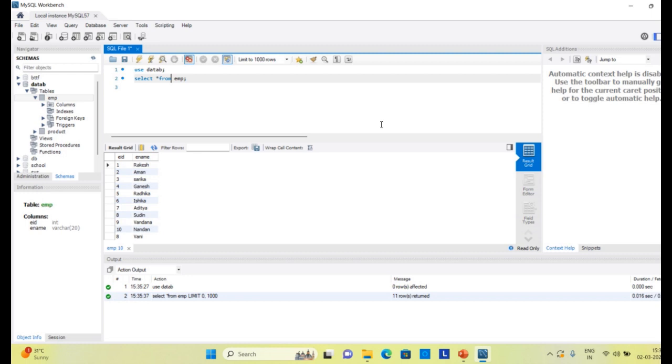So what may be the pattern? Suppose you look at the ENAME column and see that the names start with some alphabets like A, B, N, and so on. I want to specify a pattern, for example that the name should start with the letter R. For this type of search, we use the LIKE operator.